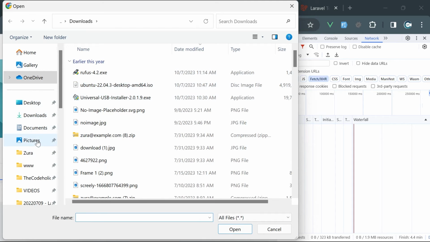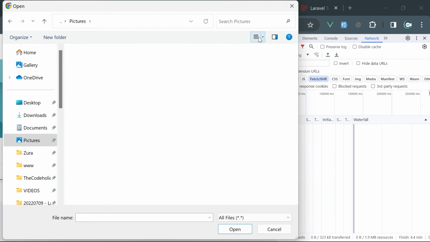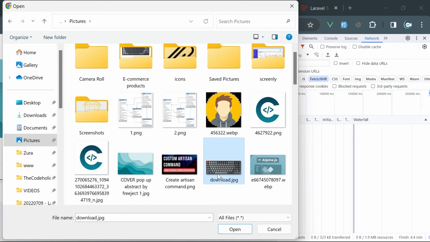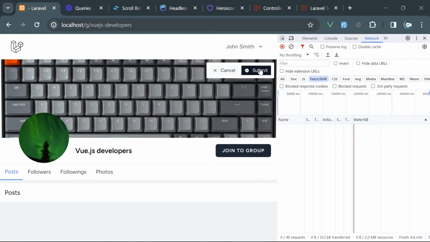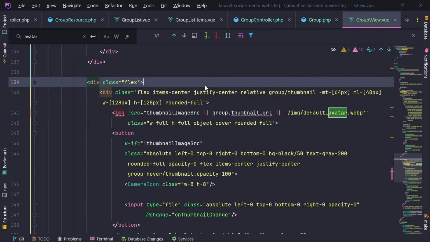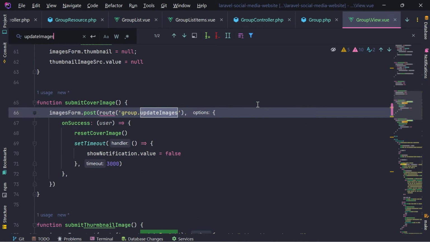and just go to the images, and let's have this preview of the images, and I'm going to choose this one. Let's click on submit. We have an error. Group parameter is required for road group update images. That's correct. It is slightly different from the profile update images, because inside the profile we are simply selecting the currently authenticated user, but in this case